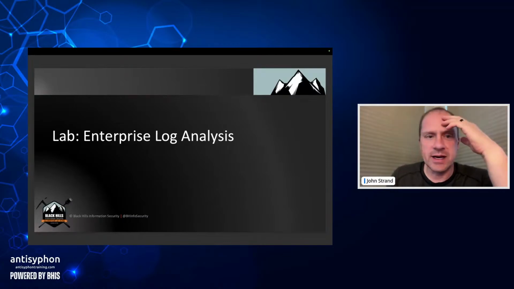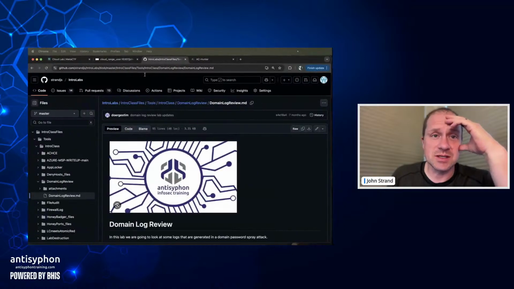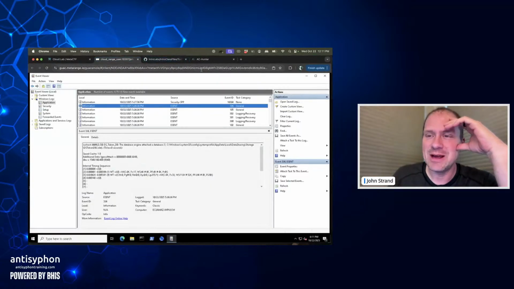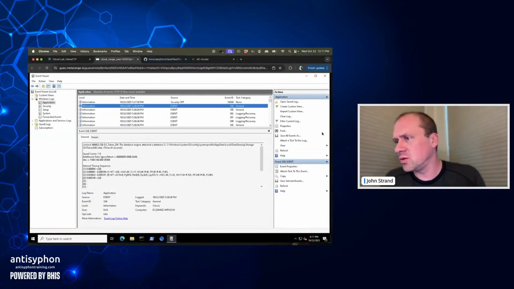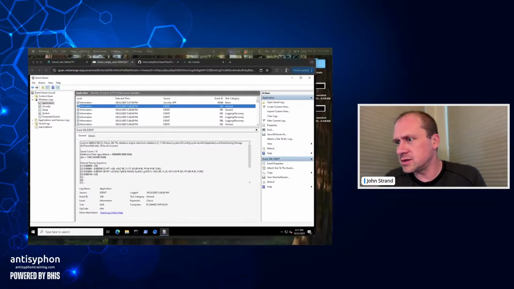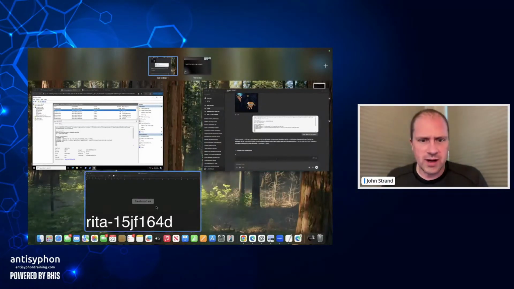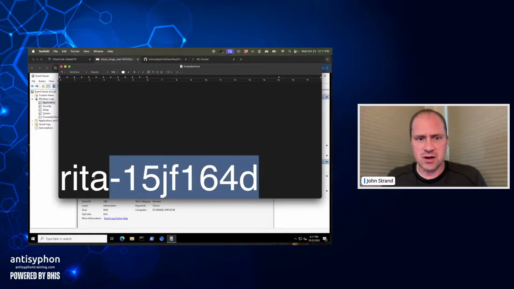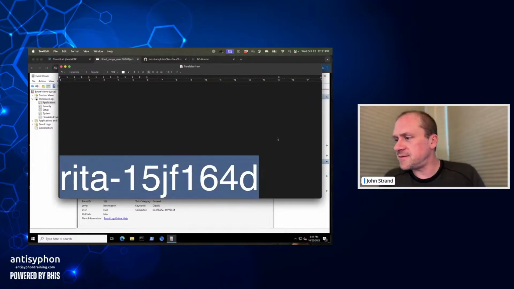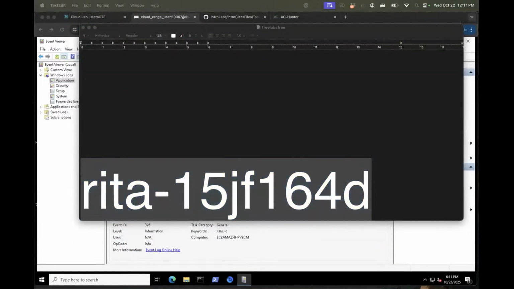All right, so let's go ahead and do the enterprise log analysis, and then we're going right into another lab. This one's kind of cool though, because it is a brand new lab. I'm going to share a code with you all. If you could do me a favor,